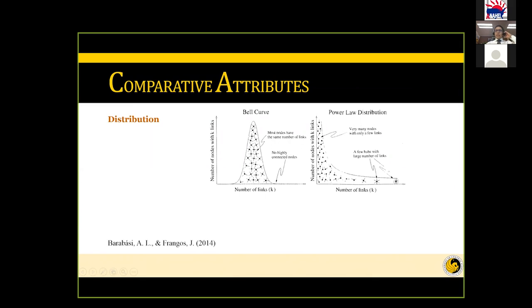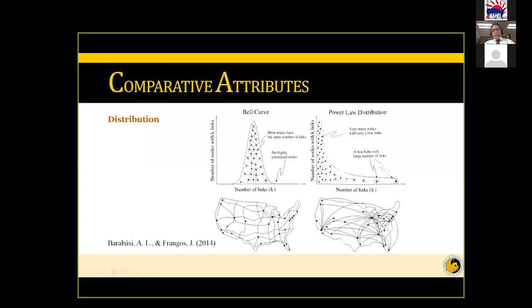And you can see that these are a couple of nodes with very high degree. And then we have a lot of nodes with 1 or 2 degree on this side. And then we have a Poisson distribution on this side, that is a regular normal type of distribution. Now, examples of these can be the road system for the random network in United States, or the airplane routes